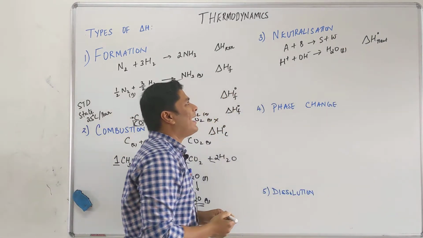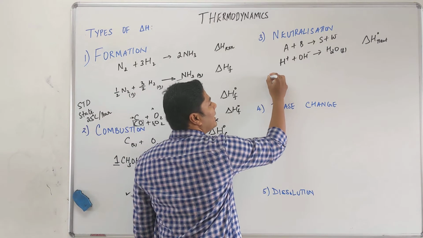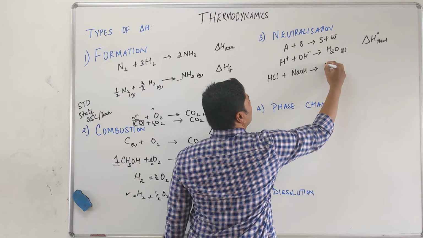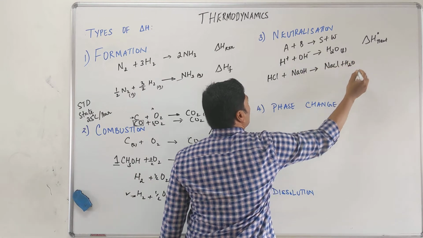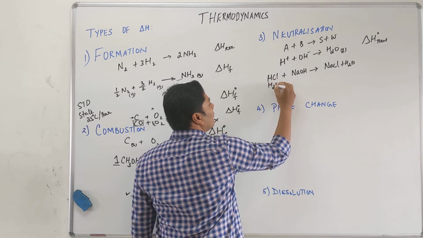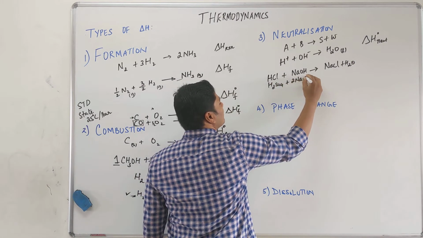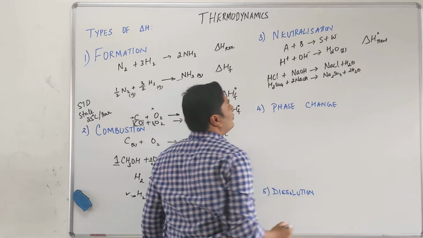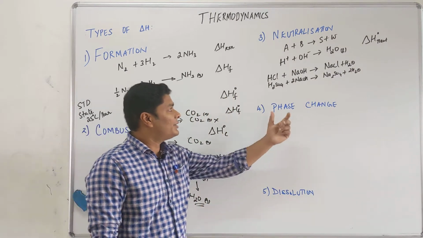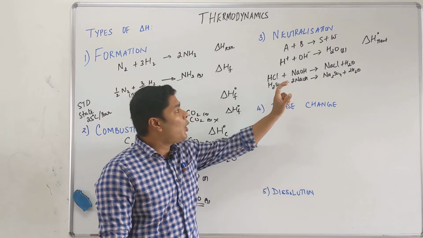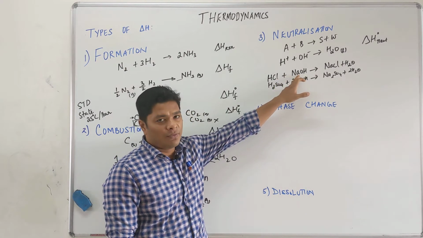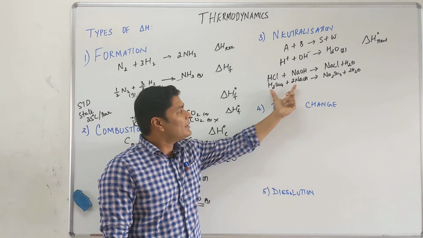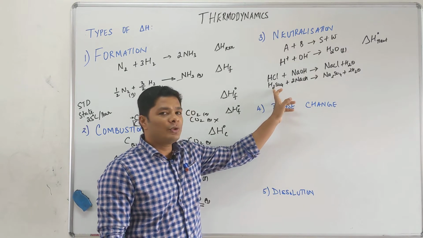So how do we say it in terms of acid and base? You can say it as, let's take an example, HCl plus NaOH gives you NaCl plus H2O. I can also take H2SO4 plus 2 NaOH gives you Na2SO4 plus 2 H2O. So how do I do this? The best way to explain neutralization reaction is the amount of energy change when one equivalent of an acid reacts with one equivalent of a base. Equivalent concept, we will see it separately in mole concept. Similarly here, if you take one H2SO4, that is 2 equivalents.